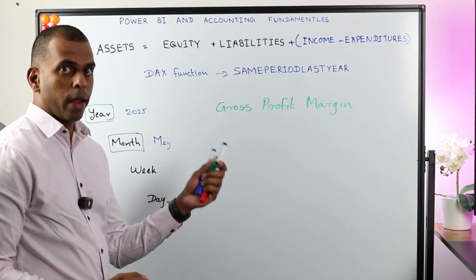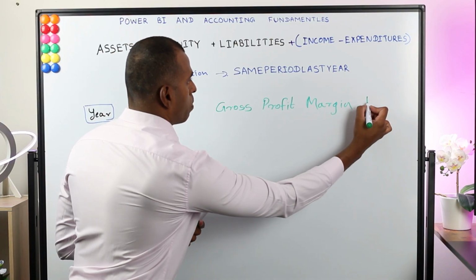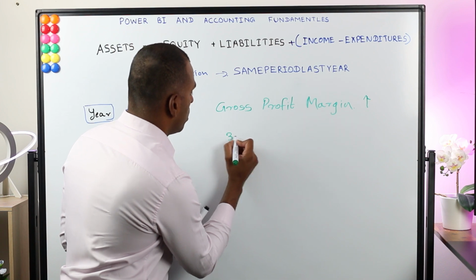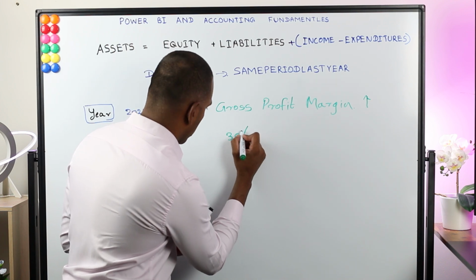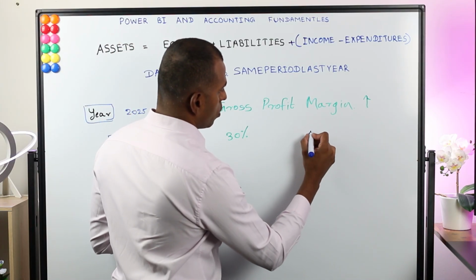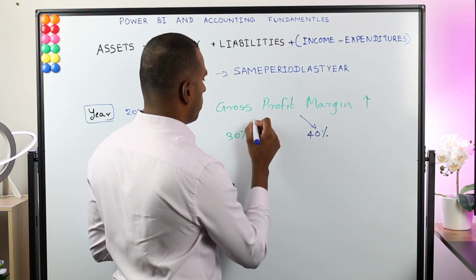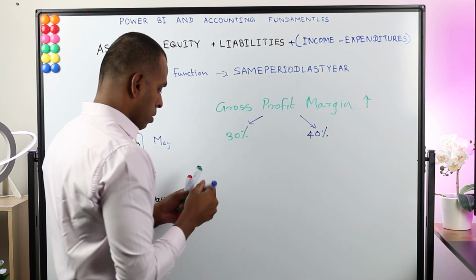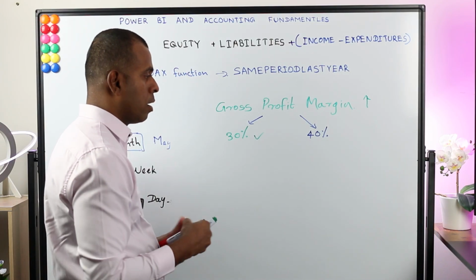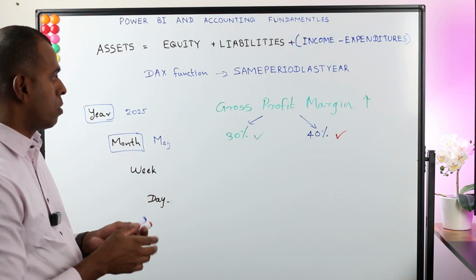Because it's not accurate sales, the gross profit margin goes up. Let's say the accurate gross profit margin is 30%, but because of the transaction it shows 40%. But this is not right. This is the right one. This is the one affected because of that transaction. So however,